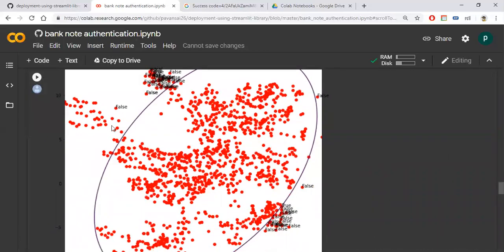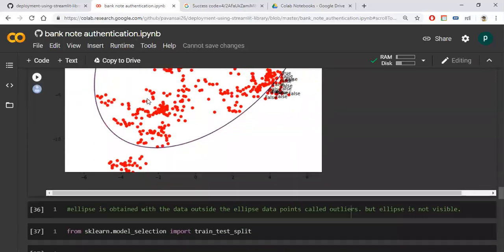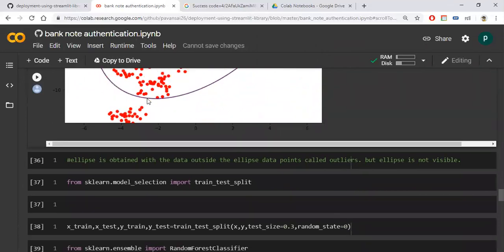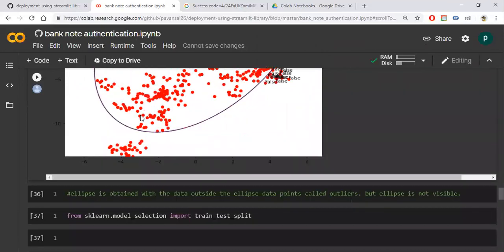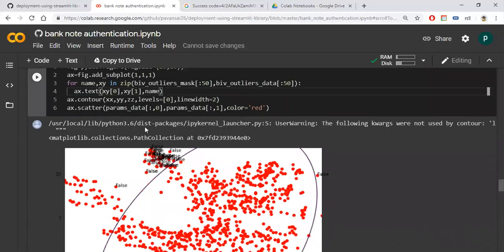The points outside of this ellipse are called outliers. This is the ellipse. We can remove these outliers during data processing, but for visualization purposes I am not removing this data.